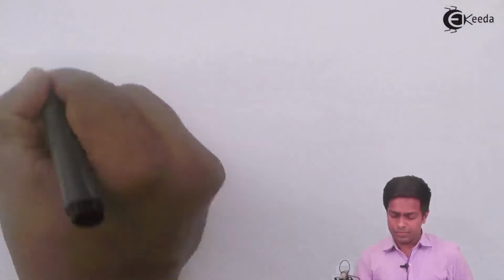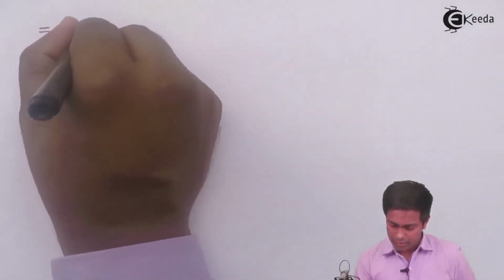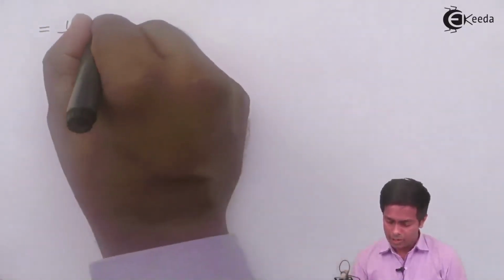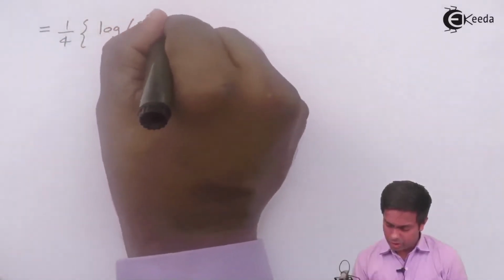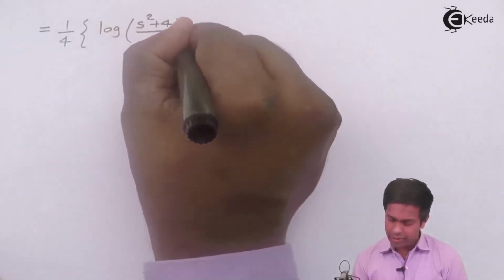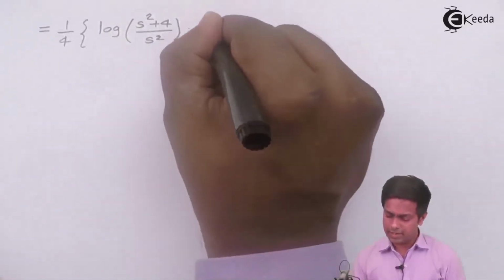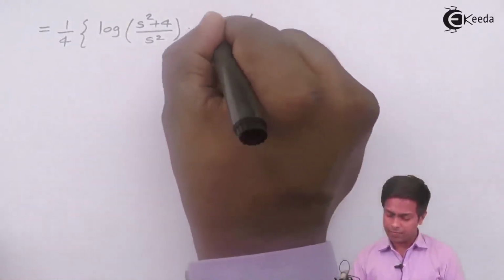So this will become 1 by 4 in bracket. Now first term is u, that is log of (s square plus 4) upon s square, into integration of v. So integration of 1 is s, minus integration of,